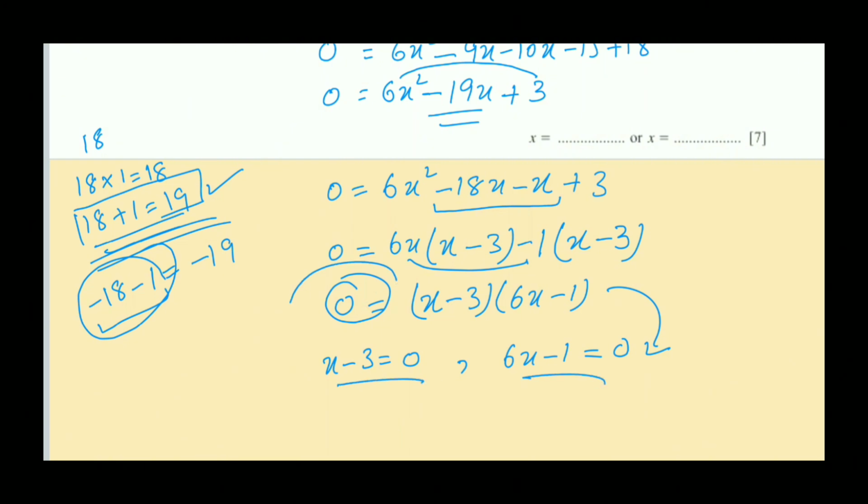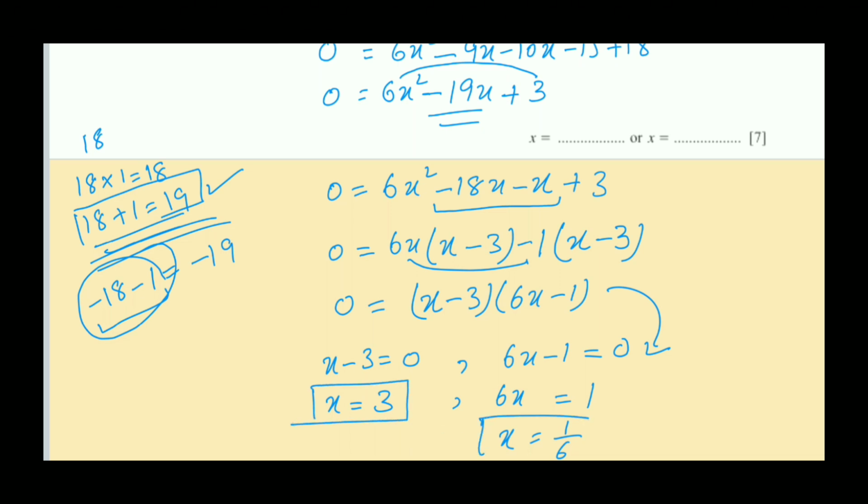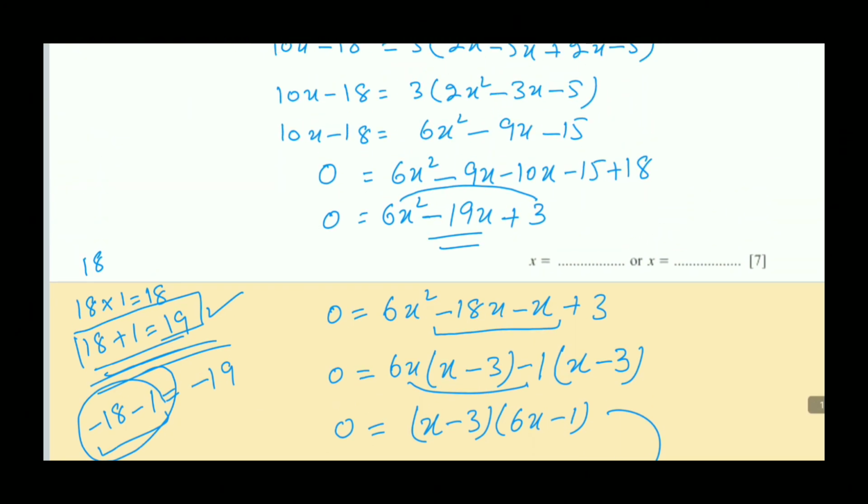But if there is any other value here other than 0, you cannot solve it like that. So this is just in the case of 0, that you can write them separately. Both brackets can be written separately with 0, and then you can find the values of x from both equations. x is equal to 3 and 6x is equal to 1, x is equal to 1 by 6. So you got two values of x. x is equal to 3 and x is equal to 1 by 6.